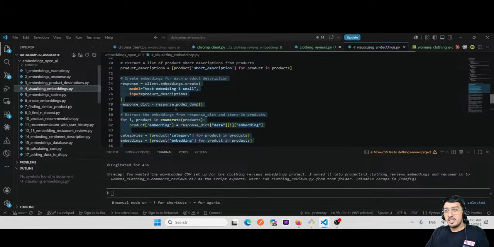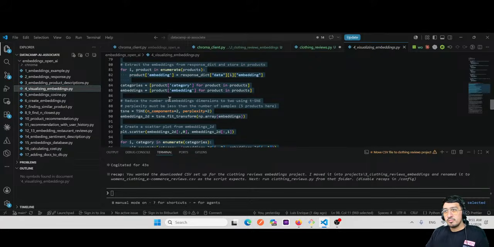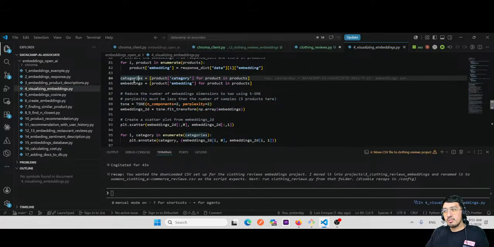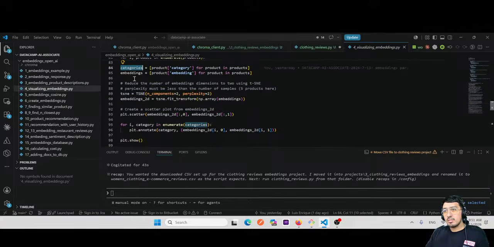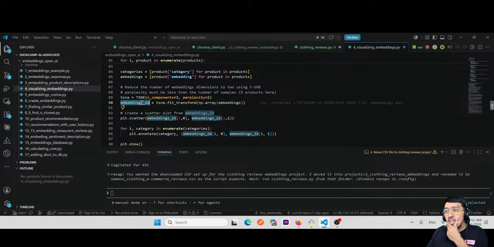And then in visualizing the embeddings, I was converting this into a NumPy array of embeddings. So here I'm just transforming the embeddings into 2D, and then I'm doing the